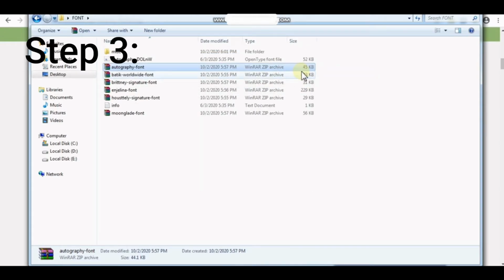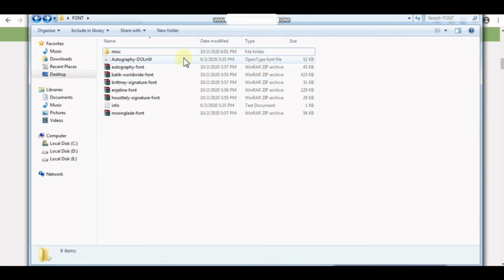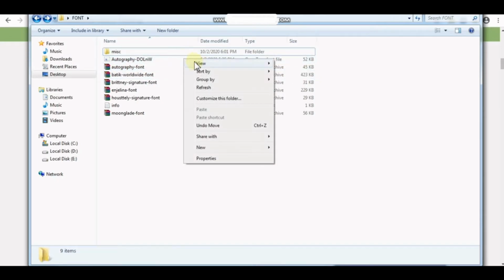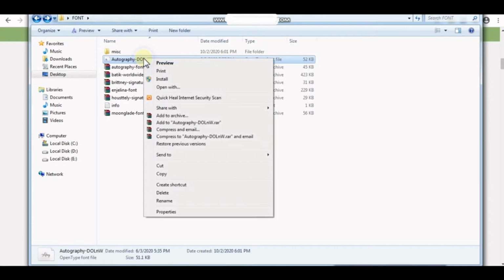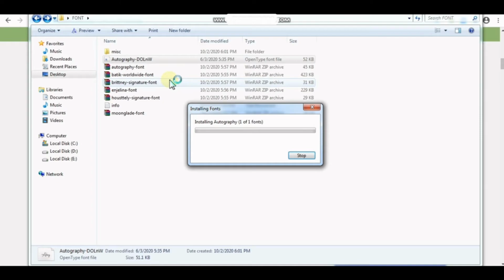Step 3. There are two options for installing your font in Photoshop on Windows. Option 1. Right-click on the font file and click Install, making it available across all applications on the computer, not